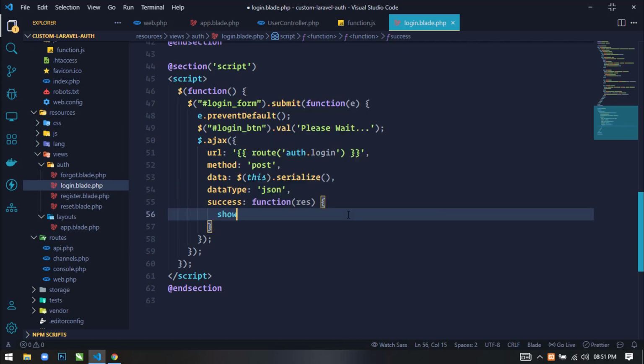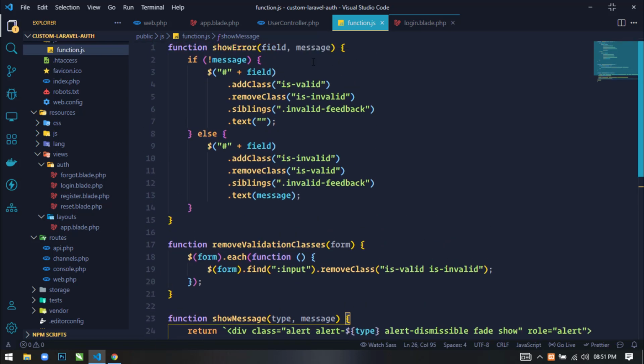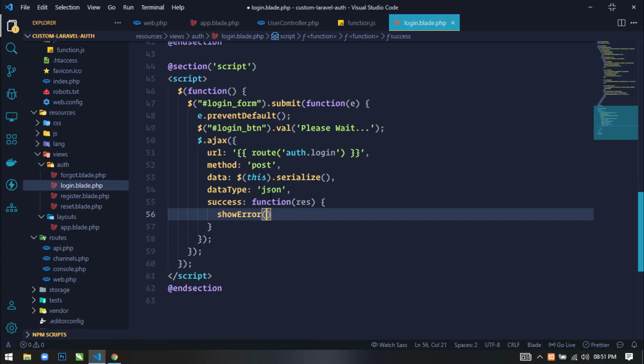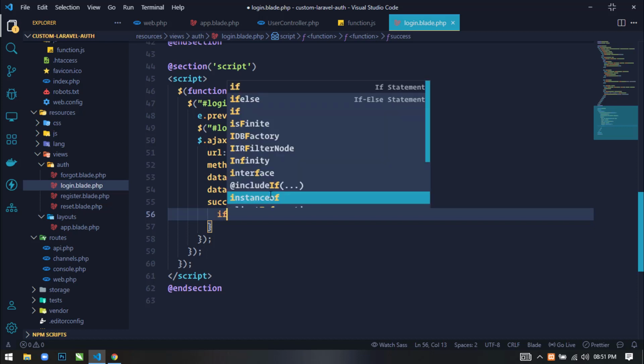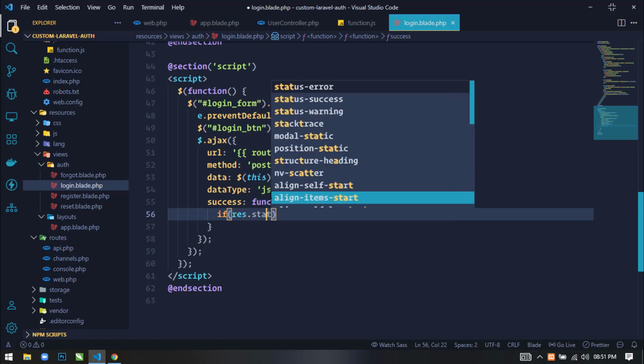Here we will use the showError method that is already defined in the previous video in this function.js file. Before calling this showError method, I will first check a condition: if response.status